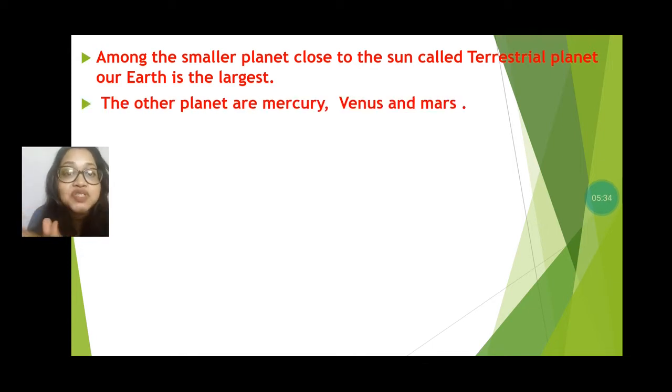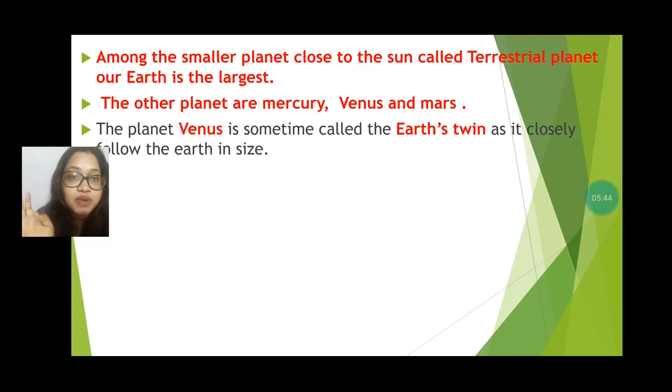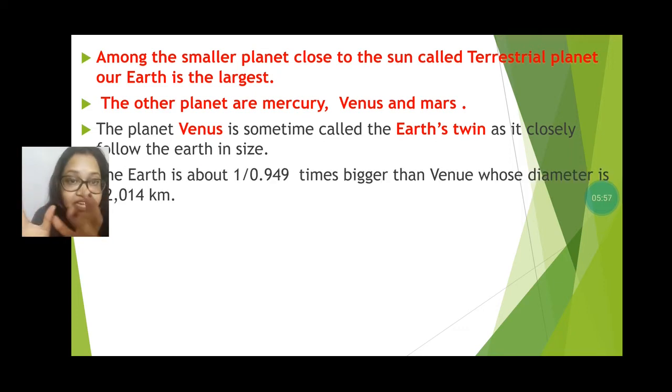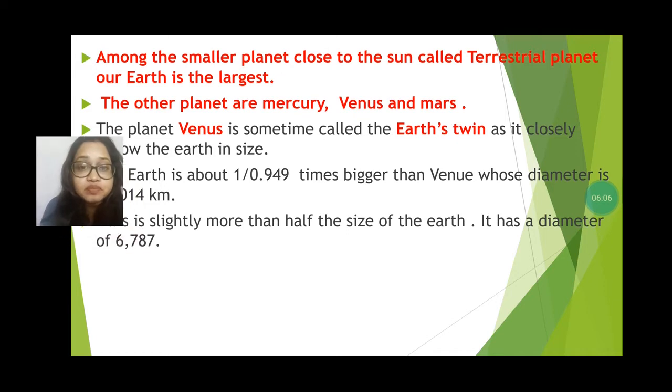Now another important thing is that the small planets which are near the sun are known as terrestrial planets. For example, Mercury, Venus, Earth and Mars are the terrestrial planets. The planet Venus is also called Earth's twin. Why is it called Earth's twin? Because Venus and the Earth are almost the same in size. The Earth is about 1 by 0.949 times bigger than Venus,